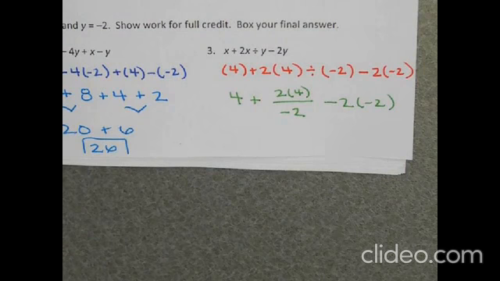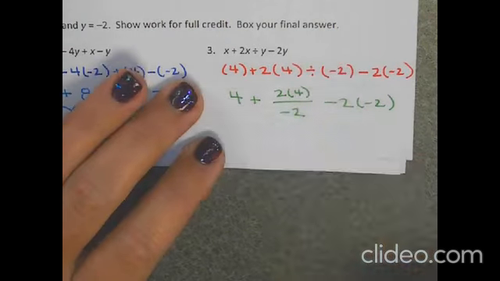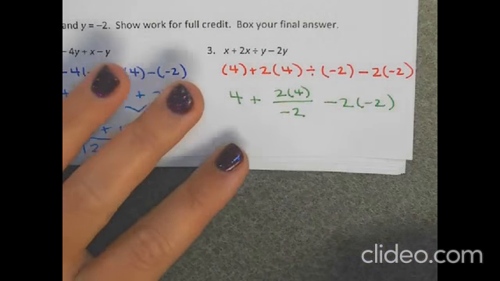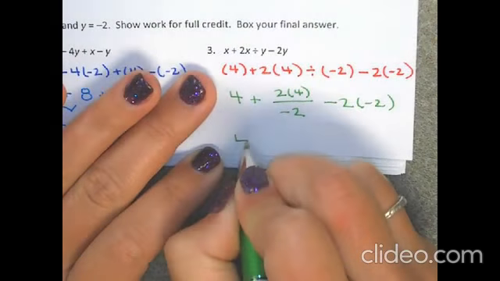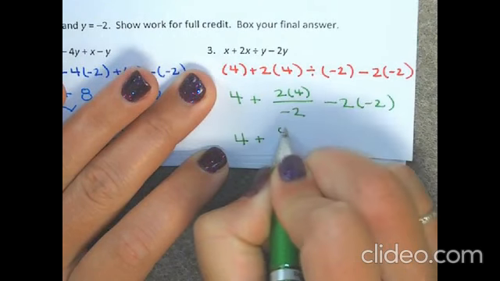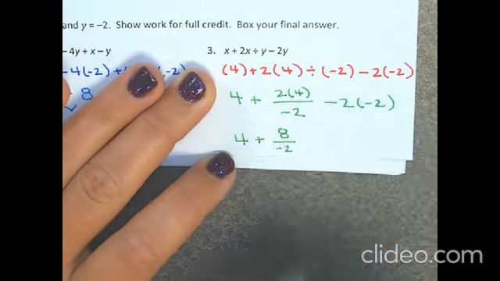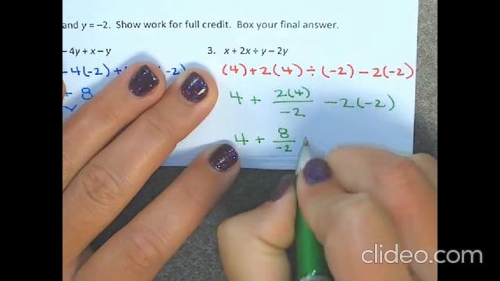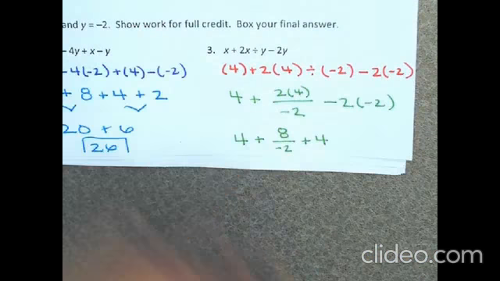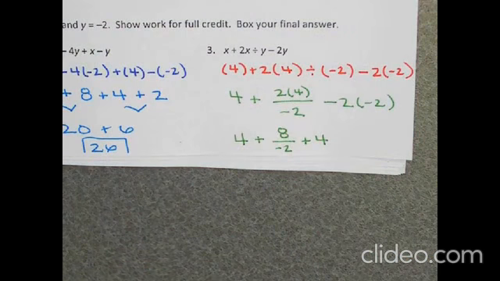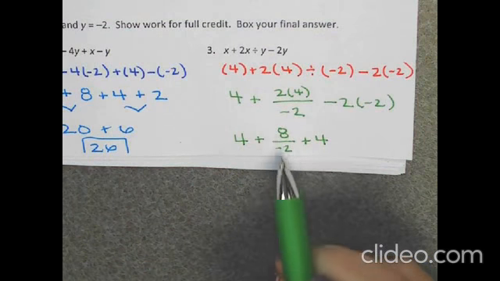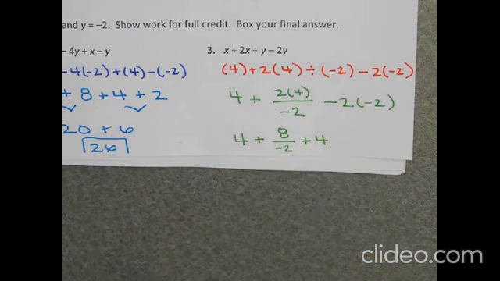Okay, so writing those divisions as fractions, they just look more appealing. All right, so then you can go through and you can simplify the multiplication and the division. So 4 plus, this is going to be 8 on top over -2. And the negative times the negative, again, changes that to addition, so plus 4. We still have to do the division there in the middle. So 8 divided by -2,